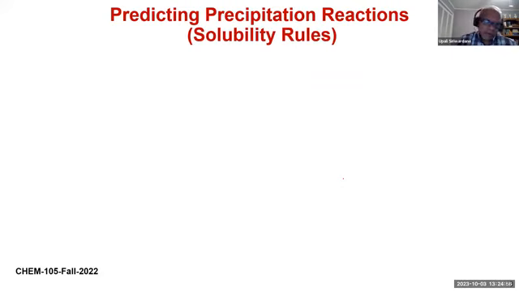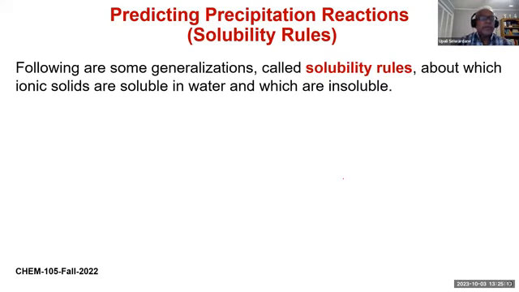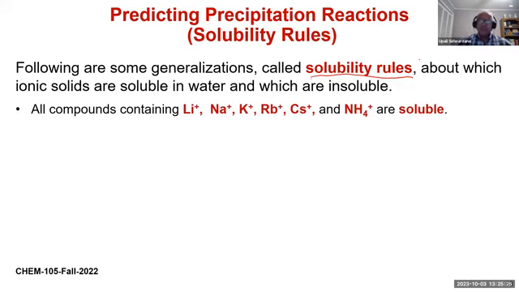Now, we were talking about insoluble salts. How do you know if a certain combination of ions, cations and anions, is soluble or insoluble? We pointed that out on the first slide. There are solubility rules that indicate which salts are soluble and which salts are insoluble. First rule is